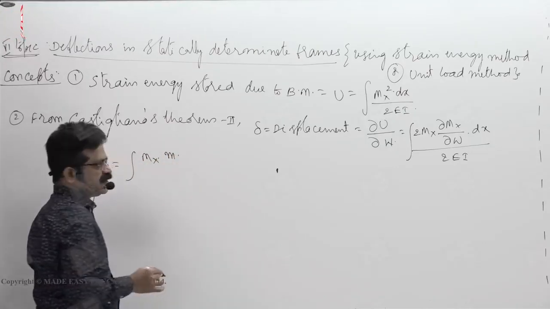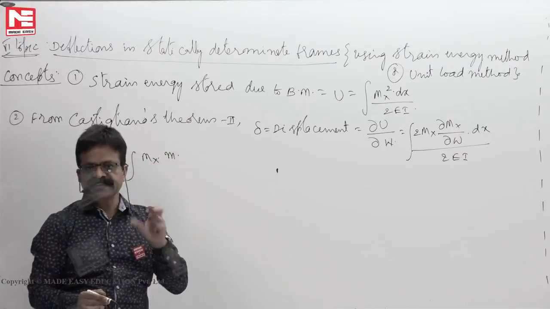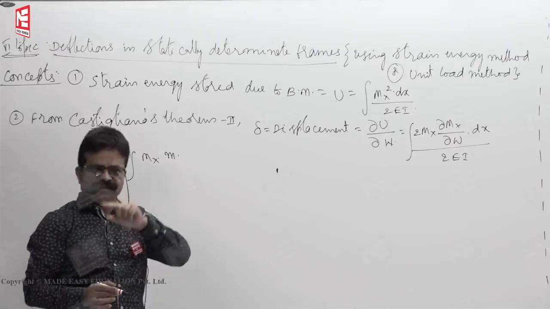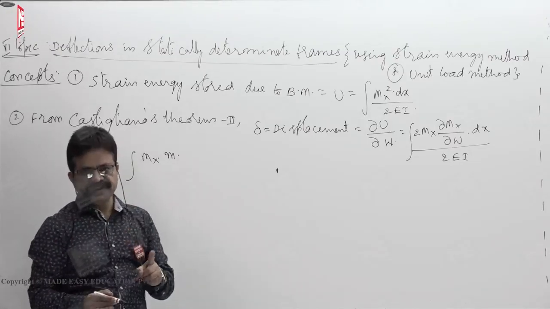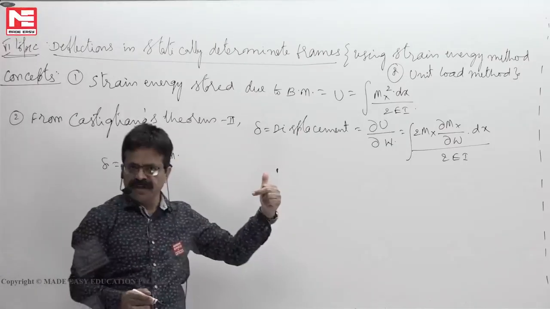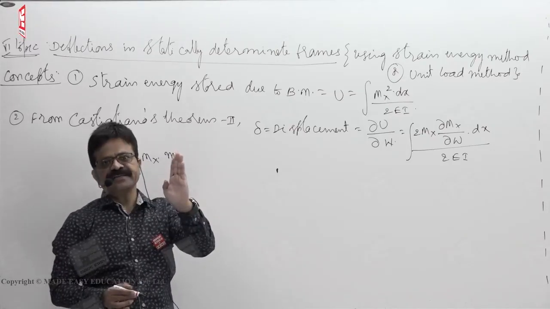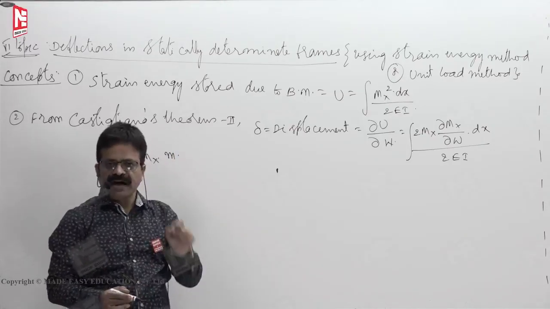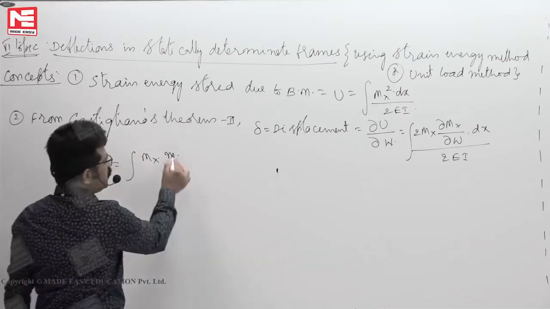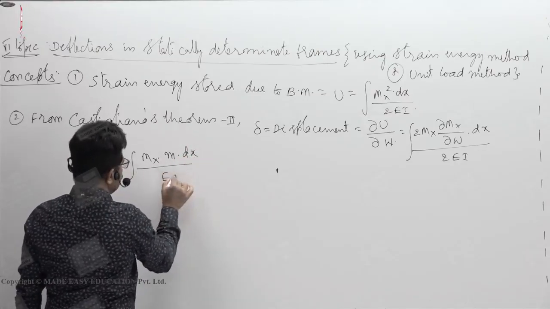You take it as m. Similar to PKL by AE you have written for the axial loading strain energy. P means forces in the members, K means forces in all members again due to unit load, L by AE. Similar to that, you will get ∂Mx/∂W. The meaning of ∂Mx/∂W is bending moment at any section due to unit load applied at a point where you want to find the displacement. So that we represent it as ∫Mx m dx by EI,